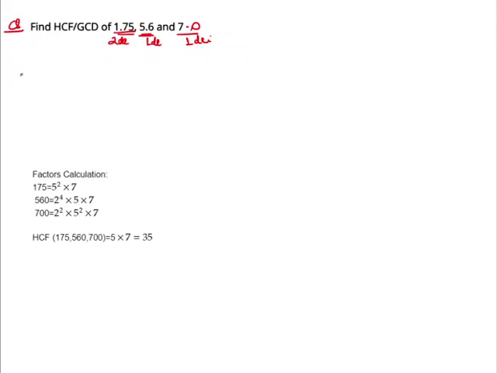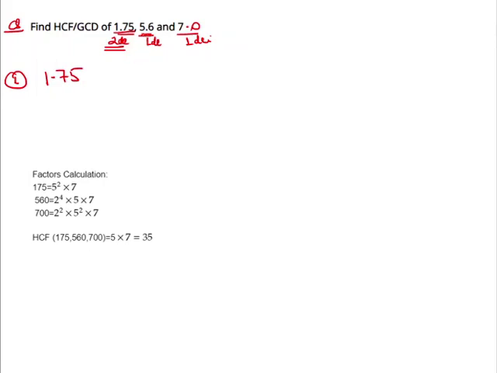So in order to solve the question, you have to find the number with highest decimal places. Okay, so here 1.75 is the number with highest decimal place. It involves two decimals. So first write that number 1.75. Okay, then rest of the two numbers you have to represent that number with two decimal places.